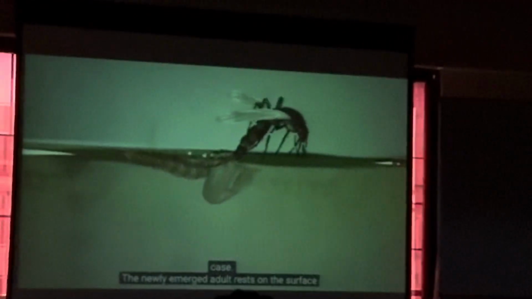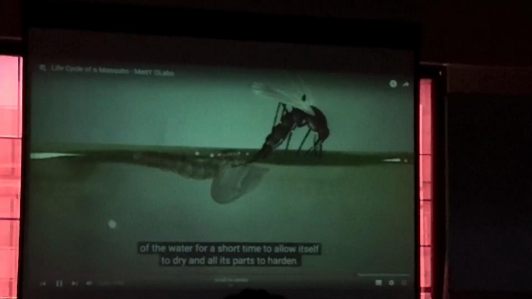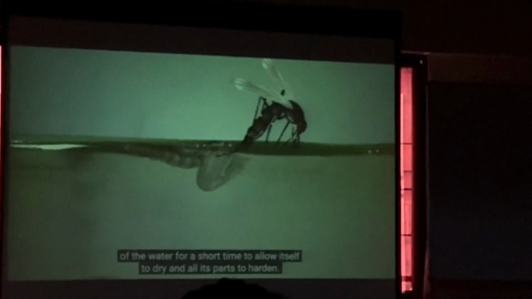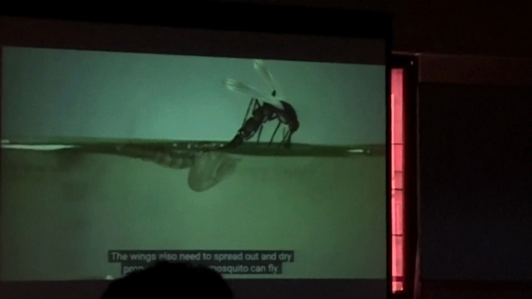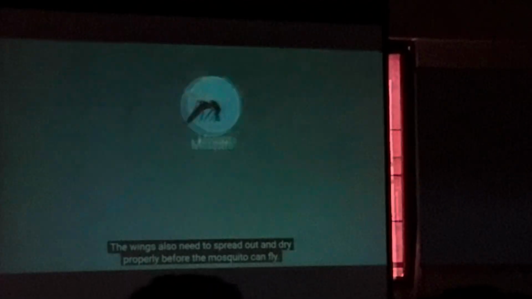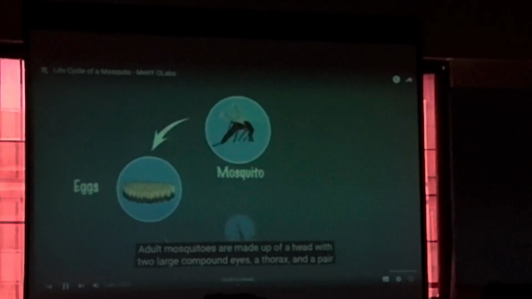The newly emerged adult rests on the surface of the water for a short time to allow itself to dry and all its parts to harden. The wings also need to spread out and dry properly before the mosquito can fly. Adult mosquitoes are made up of a head,